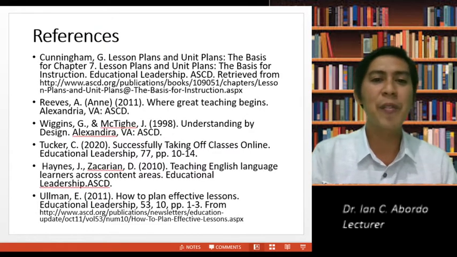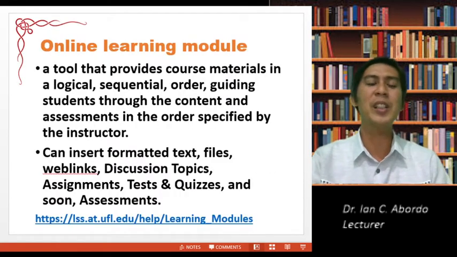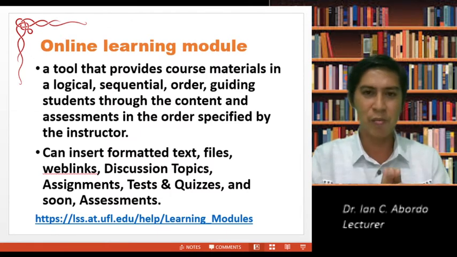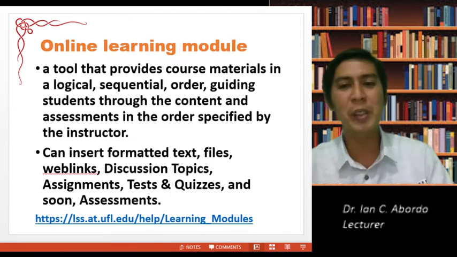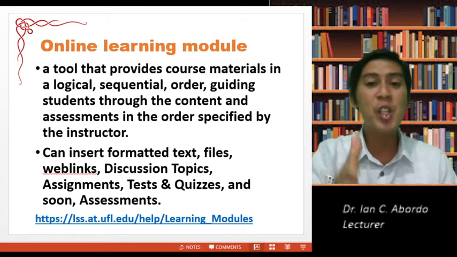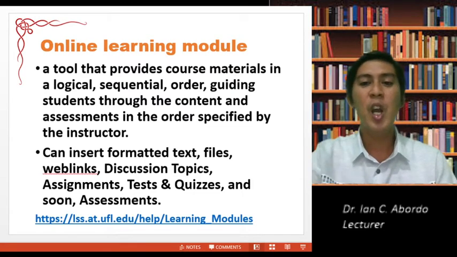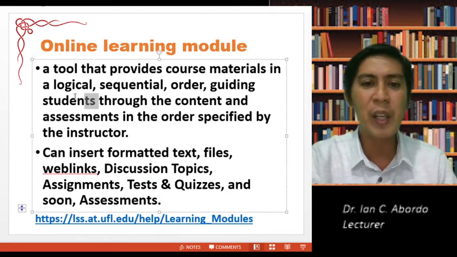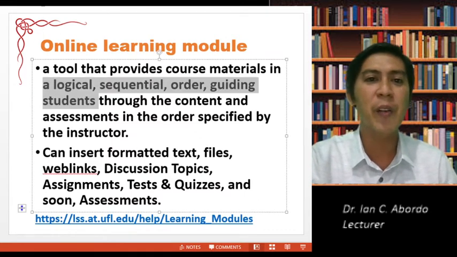All right, so we have covered these references. What is an online learning module, or what is a module? A tool that provides course materials in a logical, sequential order and guides students through the content. I will highlight this because it is very important.